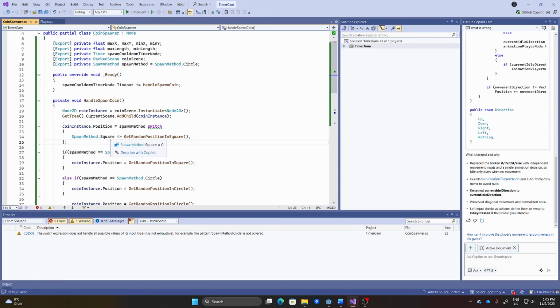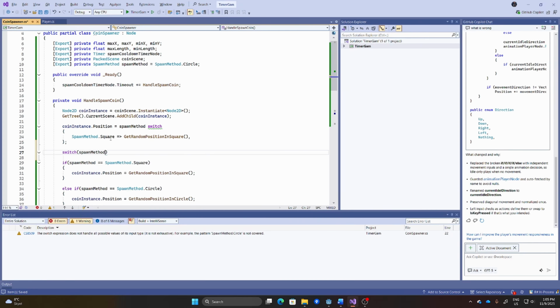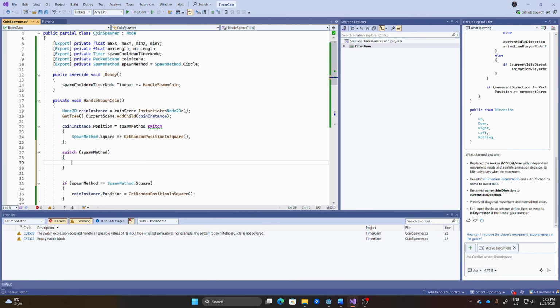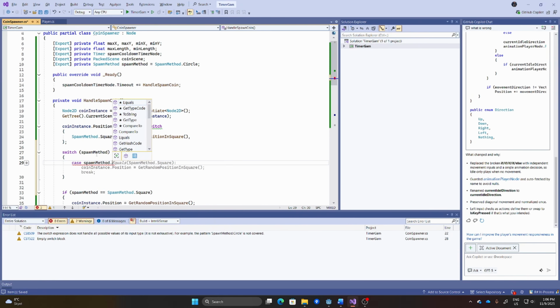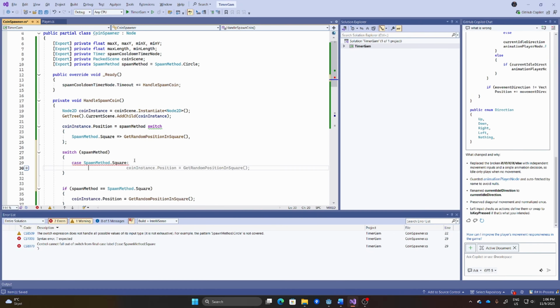And instead of doing this, we can also say switch spawn method, like this. And then we can say case spawn method dot square. So spawn method dot square. Then do something.